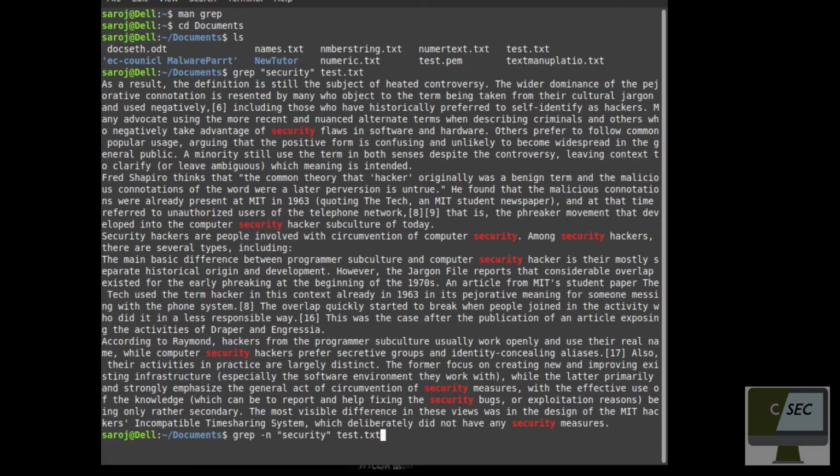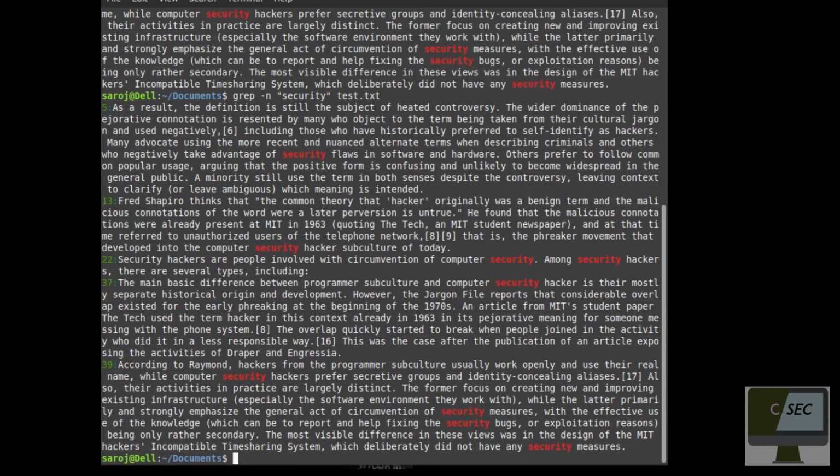It will print out the line numbers. Here you can see on my screen it has printed out line numbers 5, 13, 22, 37, 39, but you can see that it has only searched for the given string which is in lower case. There is a capitalized one which starts with Security, but it hasn't matched it.